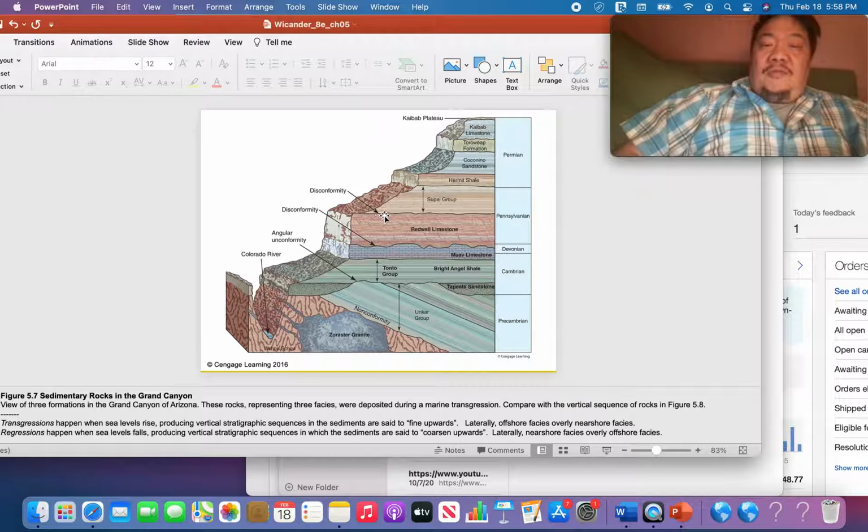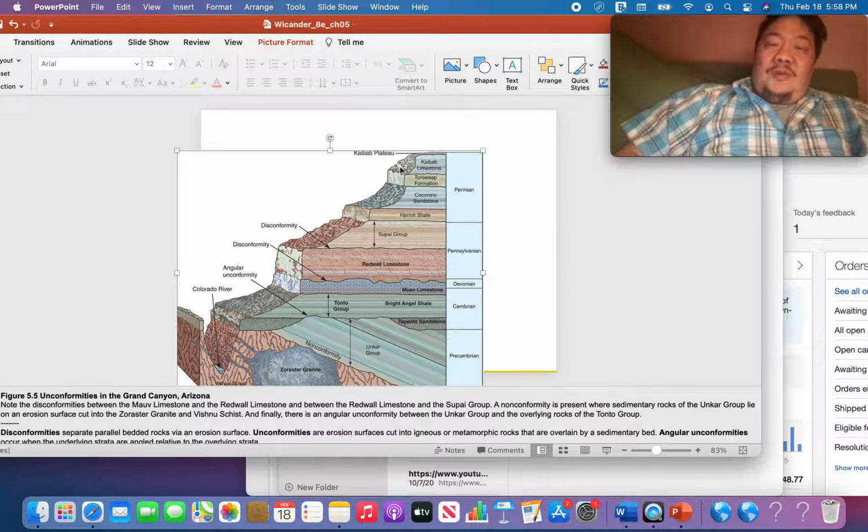Uplift and erosion, forming a disconformity. Then the Supai group, Hermit Shale, Coconino Sandstone, and Toroweep Formation were deposited. Sea level rose, covering up this part of Colorado and depositing the Kaibab limestone. Sometime afterward, the Colorado River cut through and removed any rocks that are younger than 245 million years old,